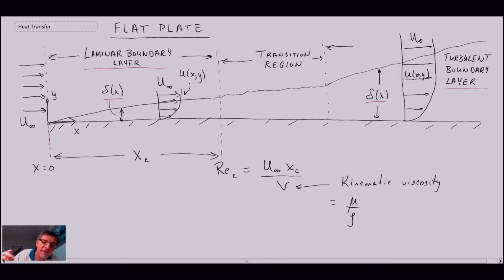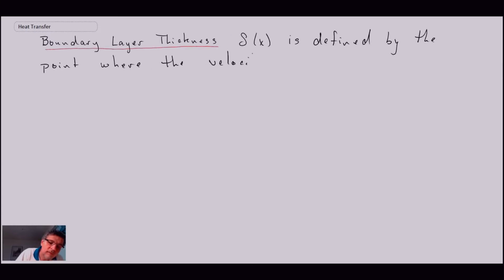So laminar boundary layer we can come up with solutions for, but turbulent is hard. Even laminar can be hard depending upon the external pressure gradient that might be with our flow. But looking at the boundary layer thickness, delta of x, there are different definitions for the boundary layer thickness, but we'll use this one, 99% of the free stream